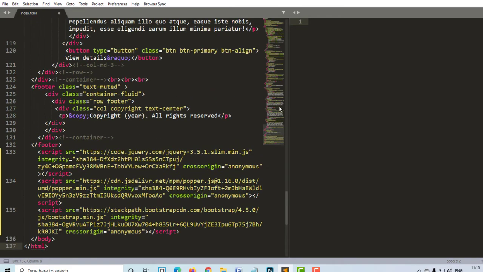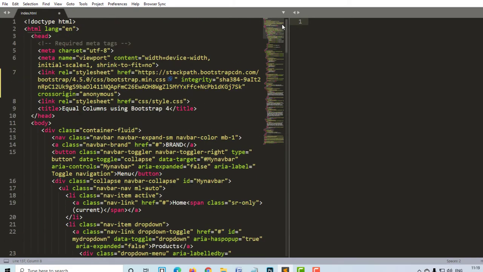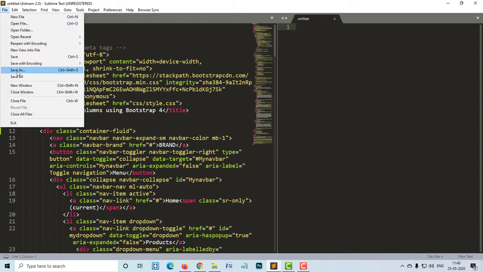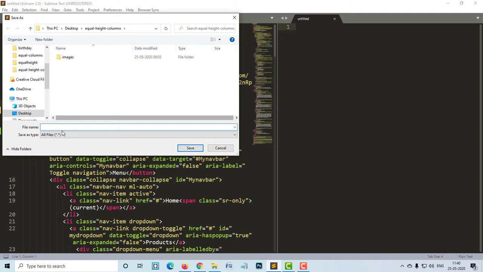Okay. So now we have the Bootstrap code in place. Next, we correct the link to the style sheet, CSS/style.css. So first create a CSS style sheet. To do that, let's open a blank file and then save as.